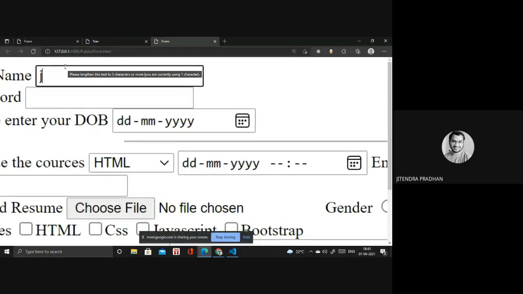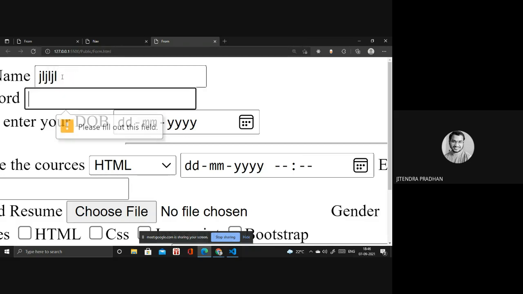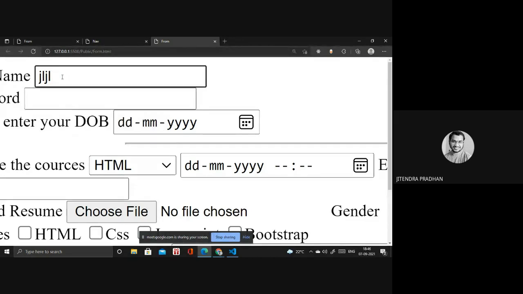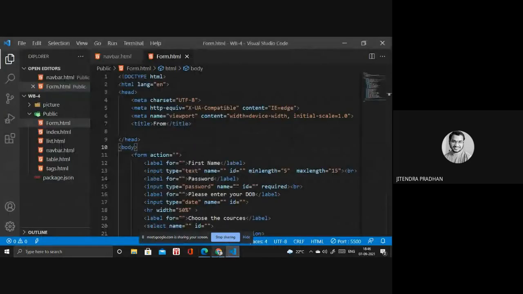You are currently using 1 character. So a notification bar comes up inside the box. If I write 5 or more, it's okay. If you write 2 characters, then it's not allowed. So these are things you have to remember. I hope you got a decent idea about that.